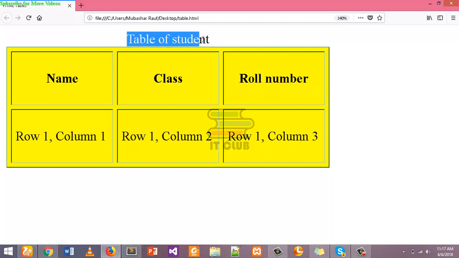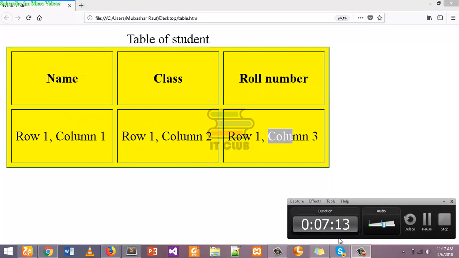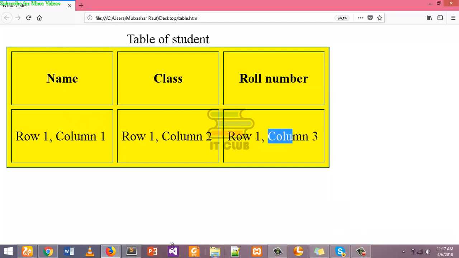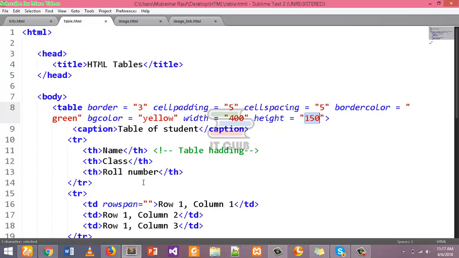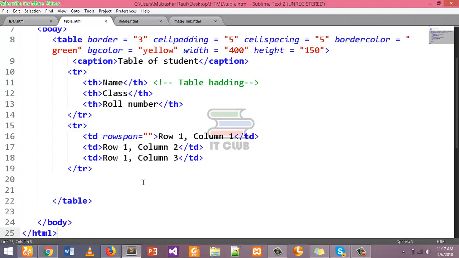This was the caption, this was row 1 column 1, row 1 column 2, and row 1 column 3. It is basically row 2, not row 1, but that is the heading, so we can use it as row 1. Now I will insert some data here for your further understanding. I will just copy these rows,